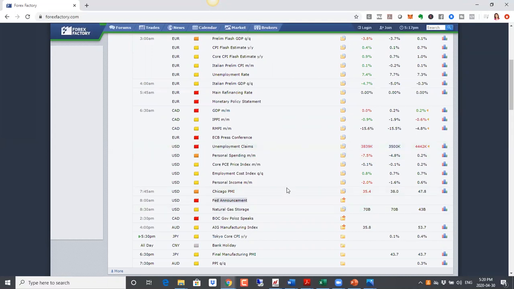There was also a Fed announcement here that was not scheduled previously. And in the announcement here, basically Fed talked about more support for the markets, and they also talked about how we may see worse numbers for GDP than they had previously expected. So that was again negative for the US dollar as well.